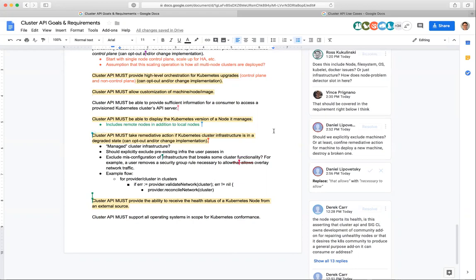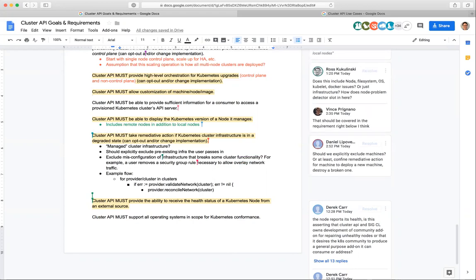So something that I'm missing in this conversation is that I understand the idea of this reconciliation, but I think should this be in this provider-specific description of the cluster, and we just pass that to the provider, say just be sure this is right, and tell me back what is the actual state of this? Yeah, because in the cluster description, we don't know what is there. I mean, we don't know if there's a firewall. We don't know if there's a VPC because that depends on the implementation.